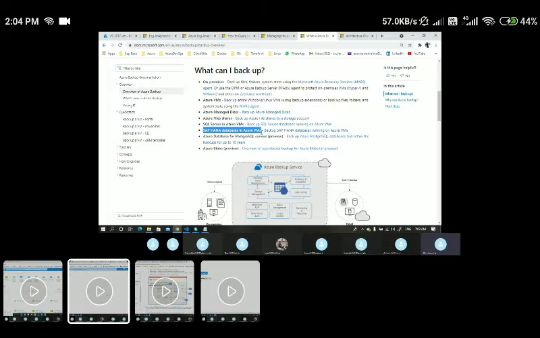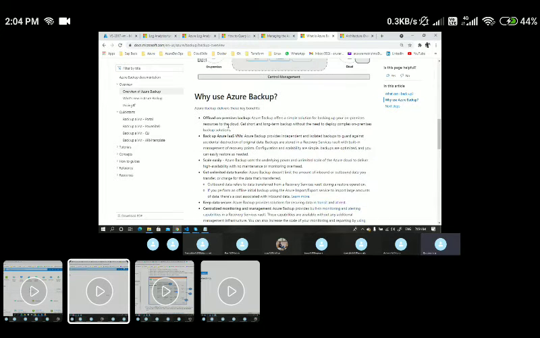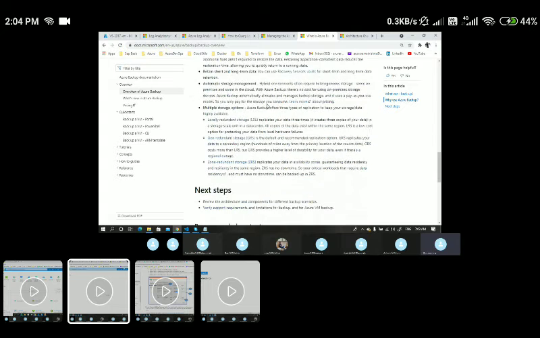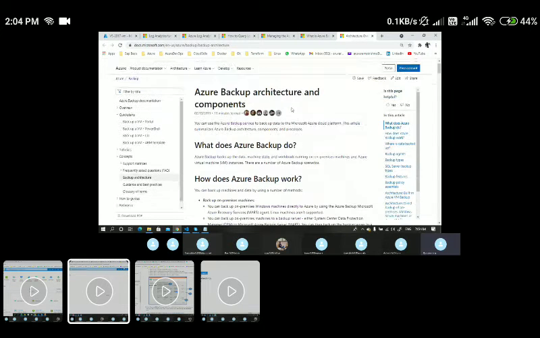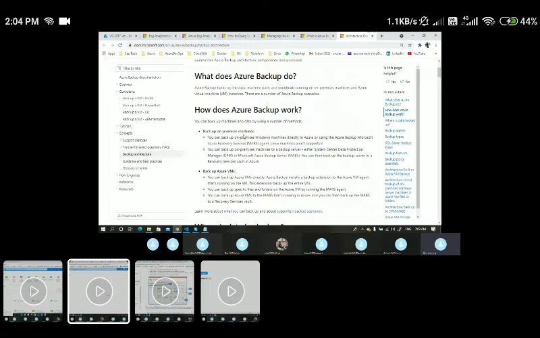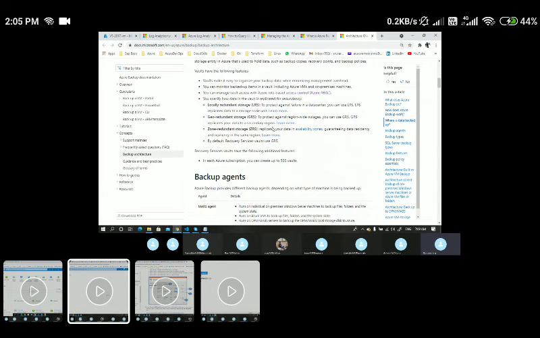So those are the solutions for how to take a backup. We can go through the remaining things. You can go through this to see what exactly a backup is and how it works. Let me quickly go through the architecture diagrams, and how the backups will work. Before that, I'll quickly cover something.